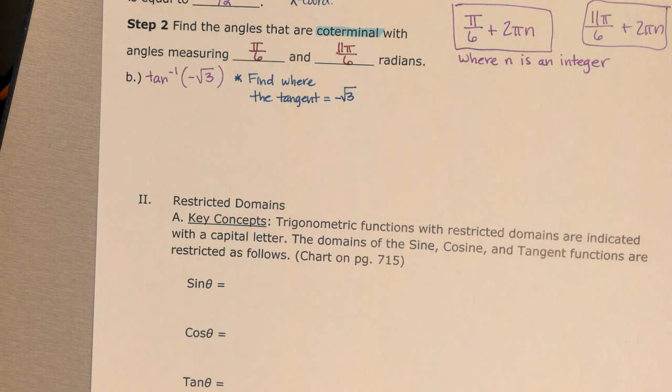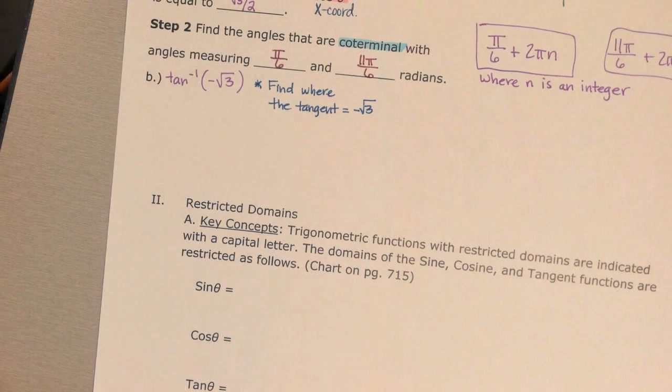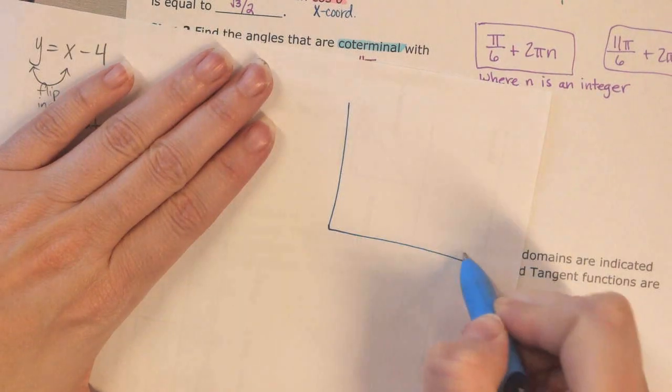That's 60. Is it 60? Yes, but we're going to use the radian value. Okay, so yesterday we drew out a little handy-dandy chart, and we labeled where the tangent